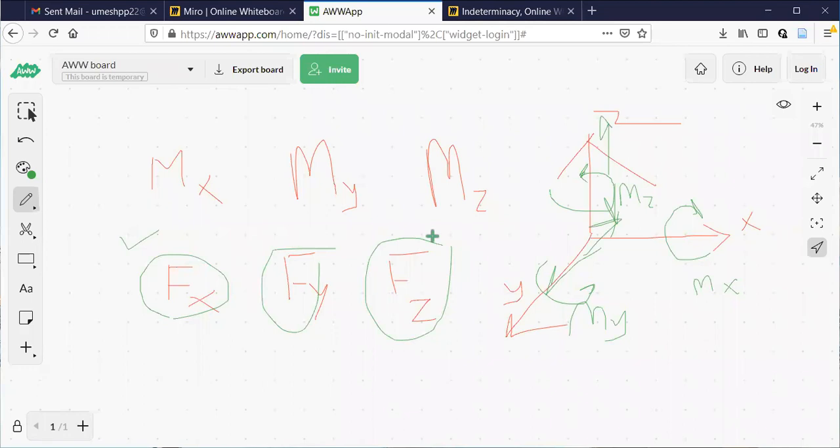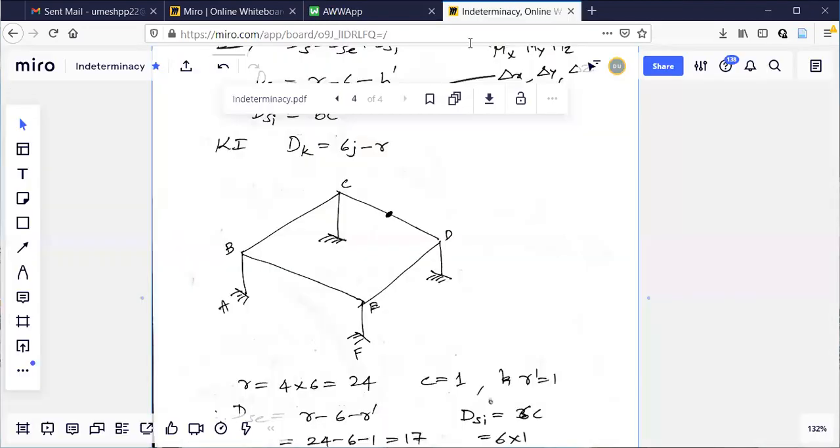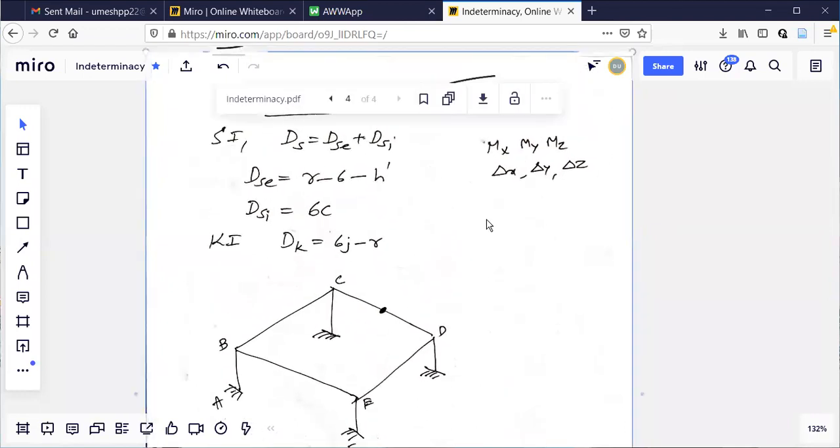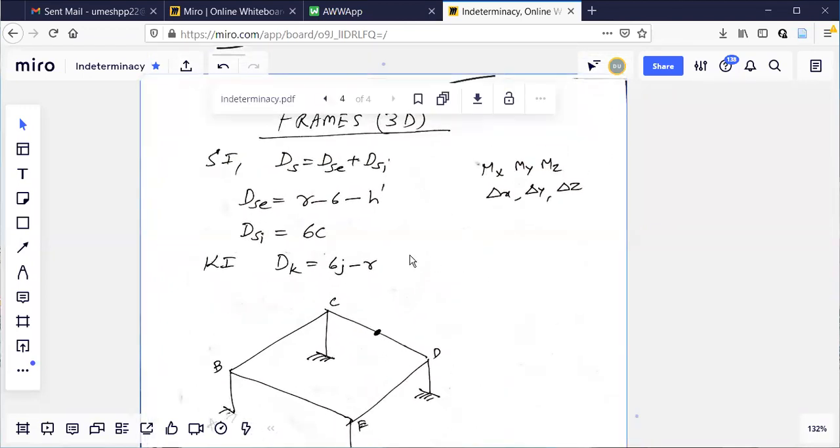Accordingly, in the formula, wherever 3 is there, you substitute 6. Whatever formula we have seen for 2D frames, 3 was used because only 3 equations of equilibrium were available, that is M equal to 0, H equal to 0, V equal to 0. Here it is a space frame. So observe here, now you can see the formula. I'm not going to solve it, already time is over. Wherever 3 is there, substitute 6. That's all. The formula is very simple again. I wanted to clear the concept here.